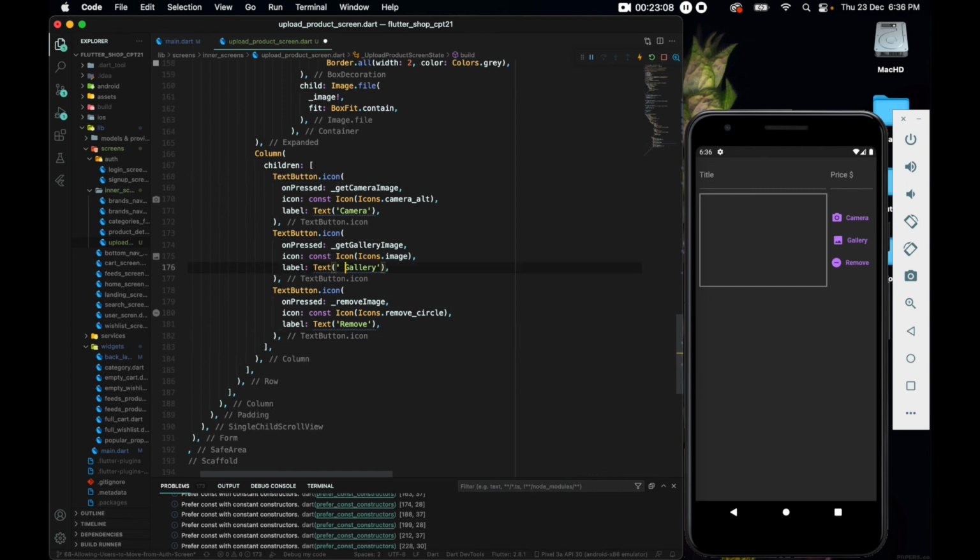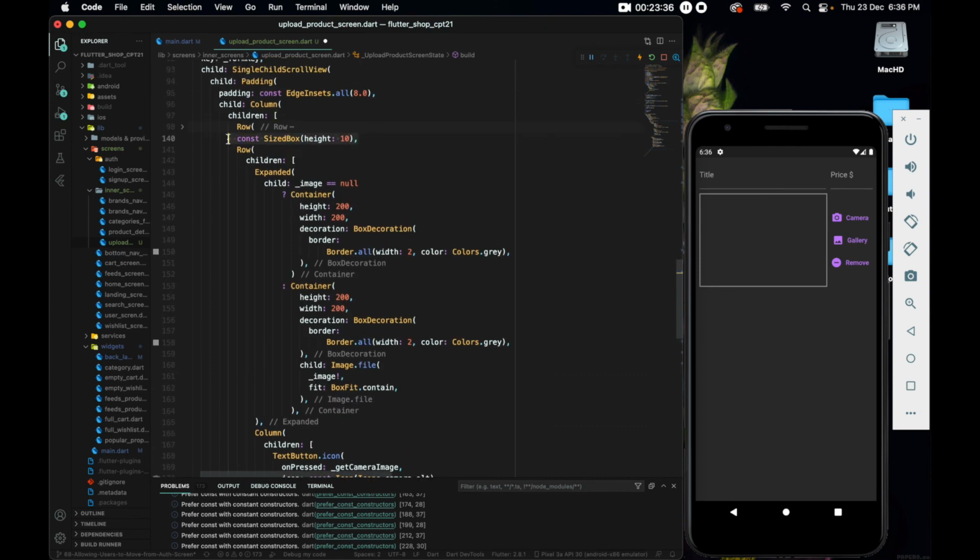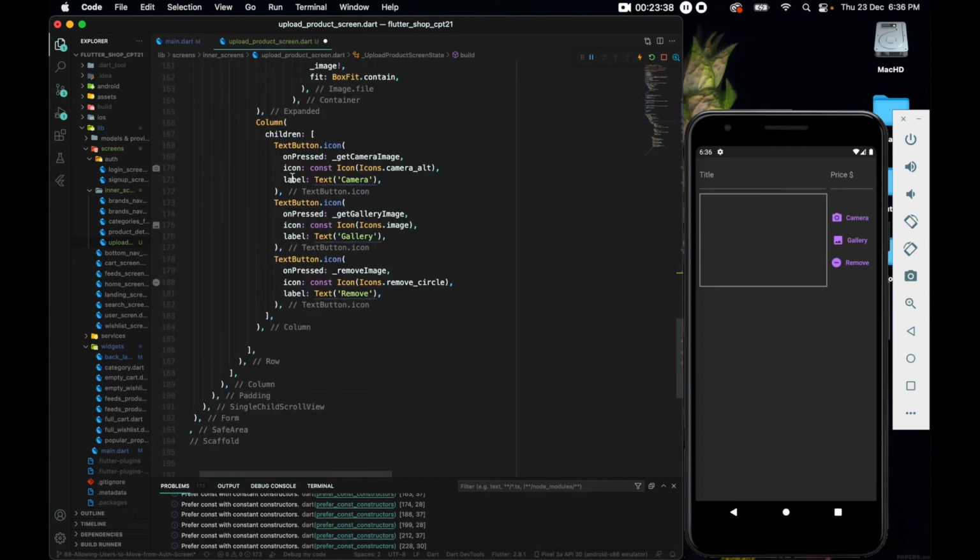Okay, that is looking nice. I'll give a space here to see what it looks like. All right, now that is not it. After this, let us come down and we can come after this column, put a SizedBox of height 10 first, come outside this column and put this SizedBox of height 10, and after that let's call